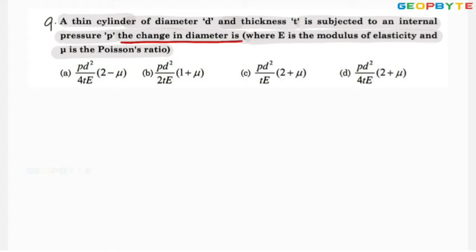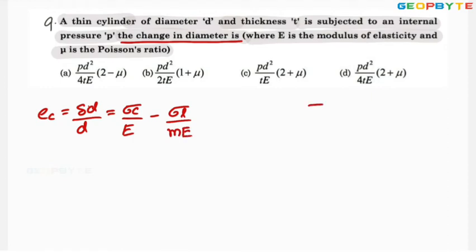As we know, the circumferential strain equal to change in diameter by original diameter equal to sigma c by E minus sigma L by mE,